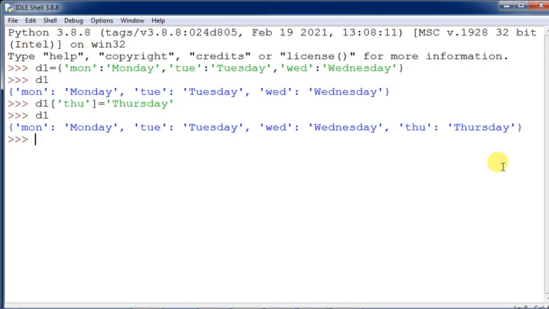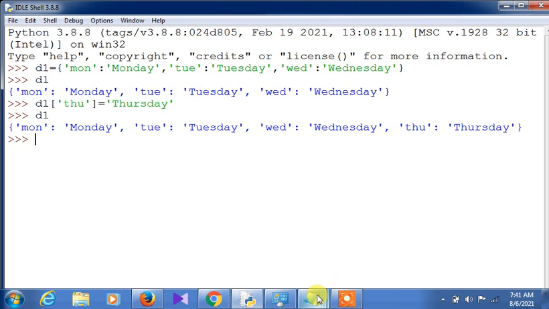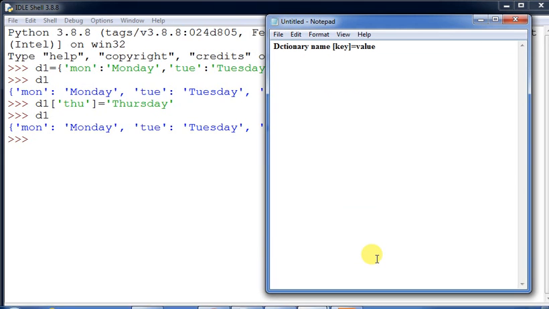If you want to update a dictionary, there is an update command also, but the same procedure you have to follow: the dictionary, key and value.